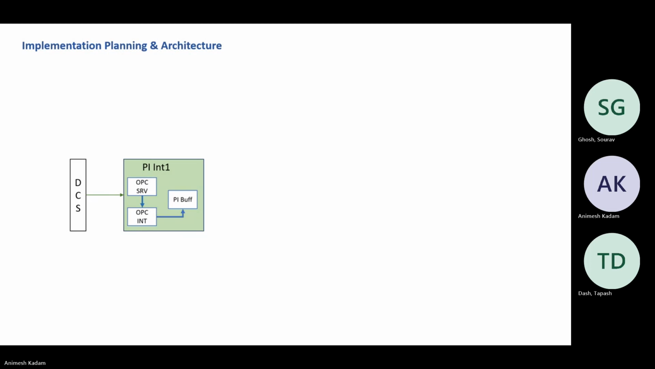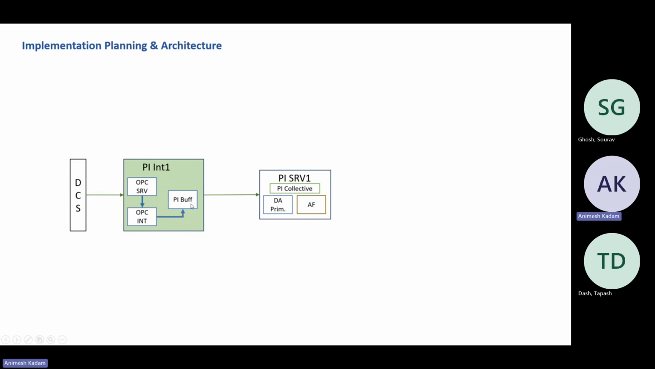Okay, so you may have heard about the buffer, right? So what exactly does Pi buffer do? Suppose your connectivity between the interface node and the server is broken. Okay, so this is your Pi server. So suppose this connectivity is broken. In that case, to prevent the data loss,